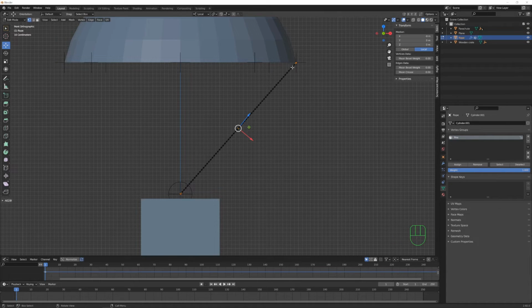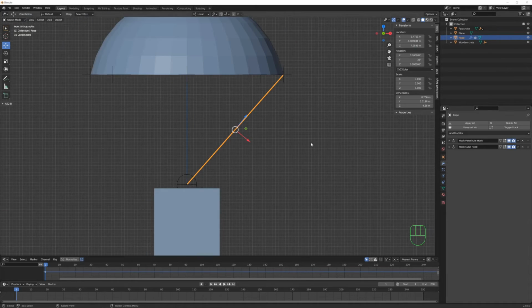Essentially, during the cloth simulation, we will tell Blender that these pins have to stay still and attached, not follow the cloth simulation. You can see that here in the modifier stack, we have the two hook modifiers attached to our rope object. So let's add a cloth